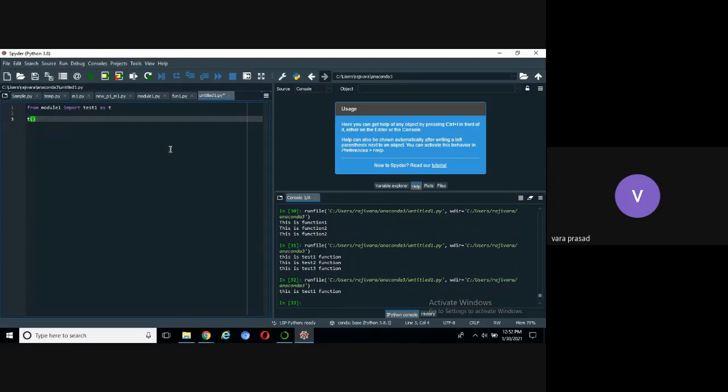Then sequence types: set, list, tuple, dictionaries. Then the input function, what it does, and bitwise operators. Then control statements: if, if else, elif statement. Then while loop and for loop. Then functions.